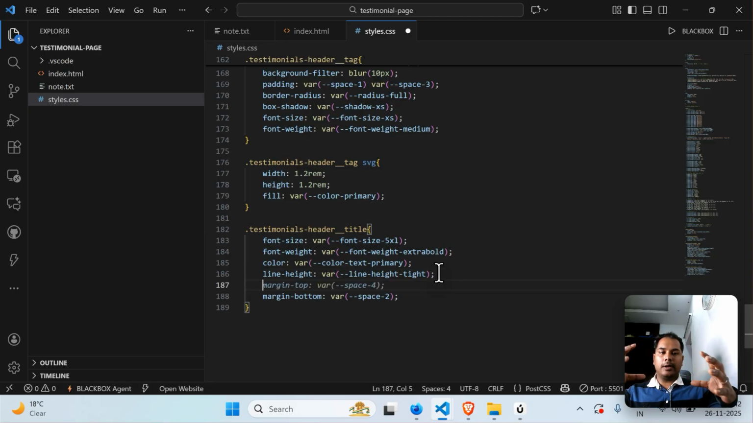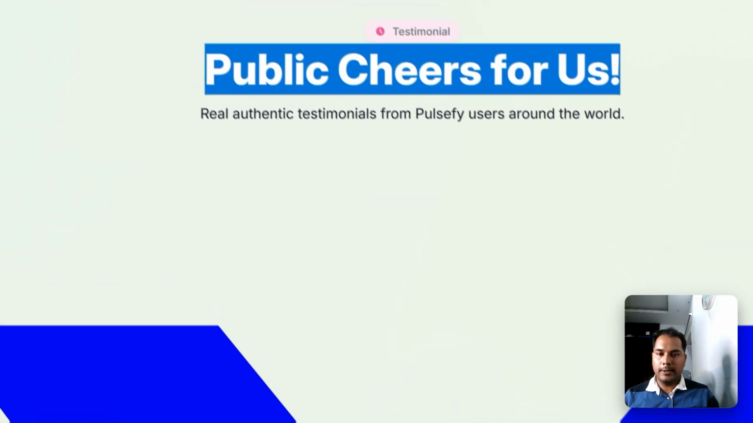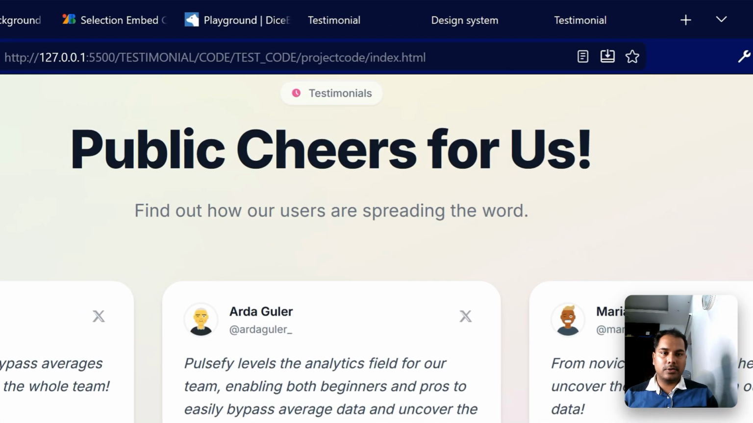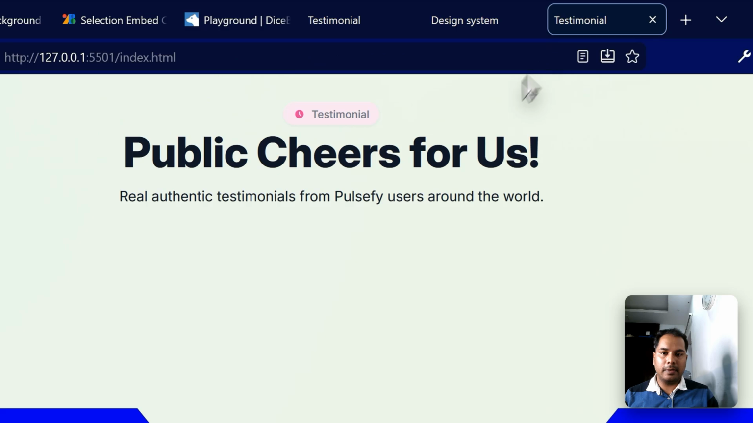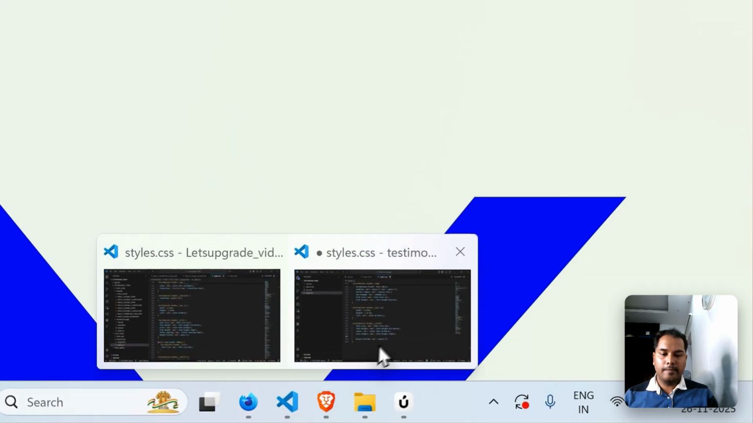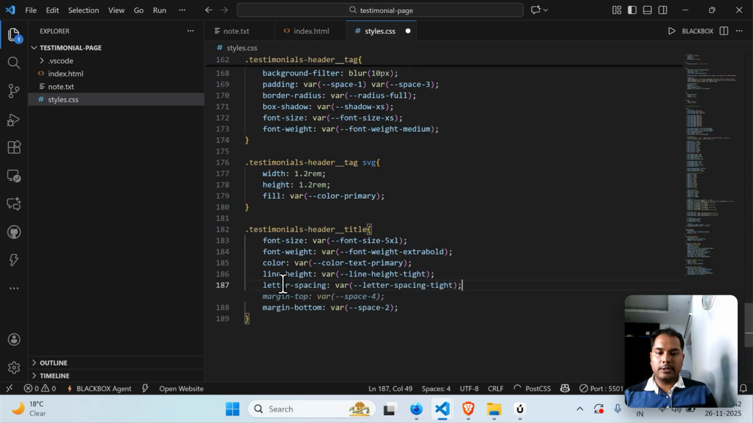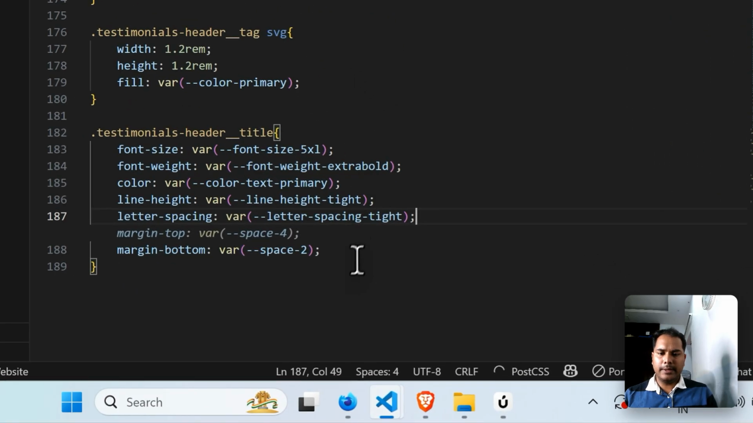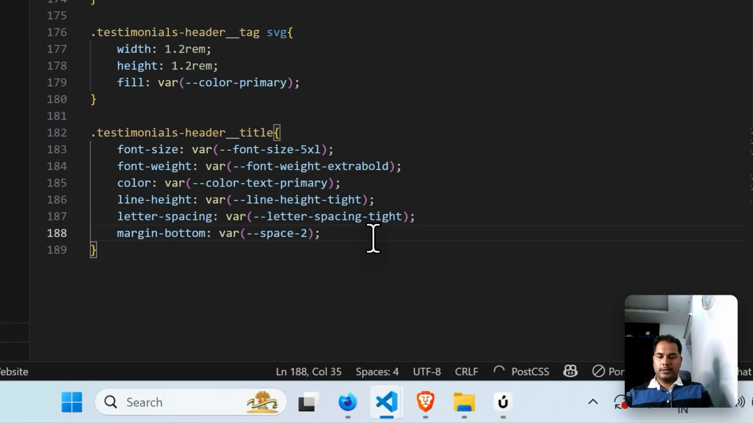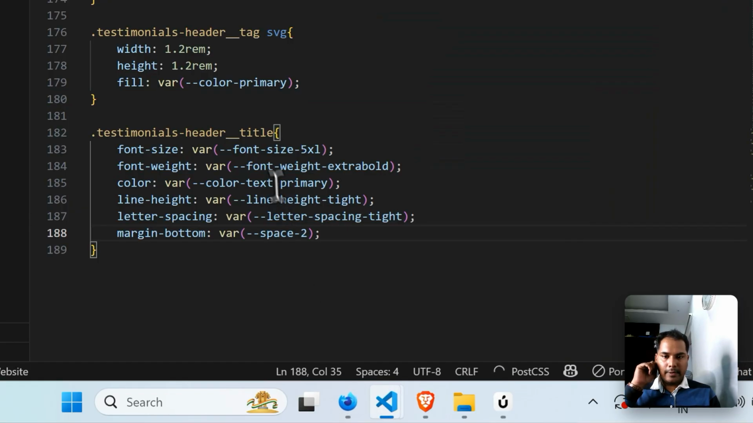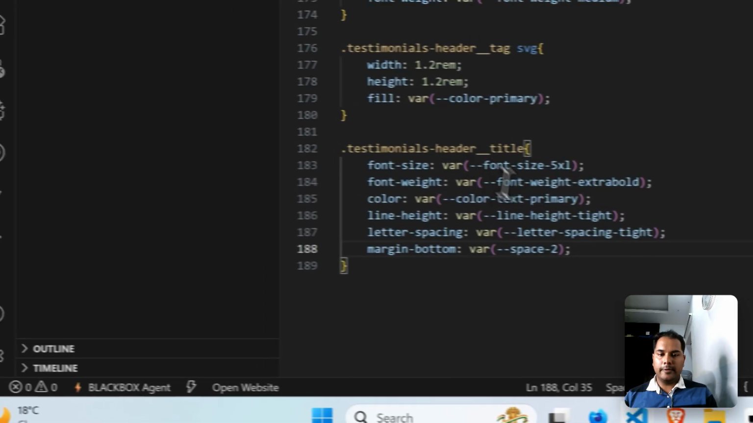Then we can apply the spacing. Here you can see how the text are a bit wider, and the spacing between each text. So for that we can apply the letter spacing, the same tight. Okay, save it and see. Okay, if it is working. All right, if it's working,